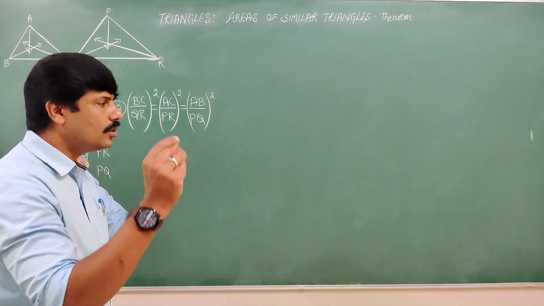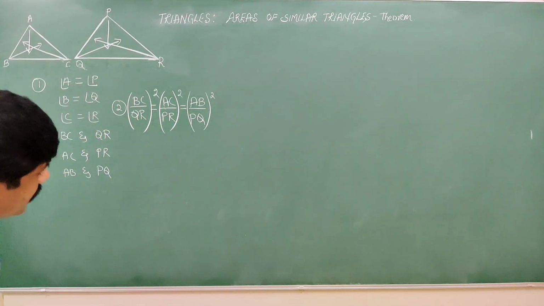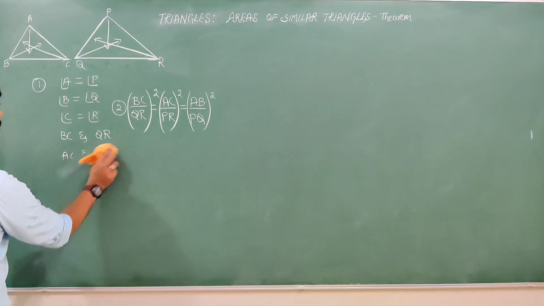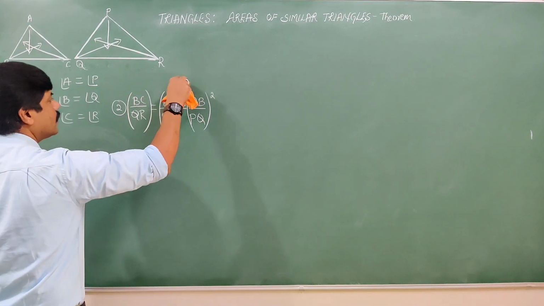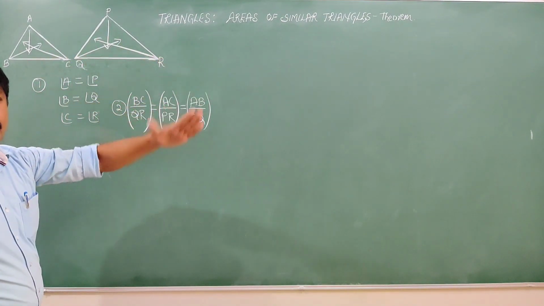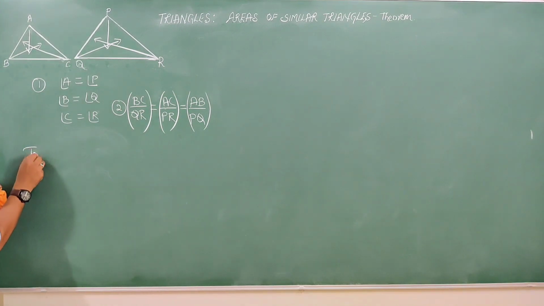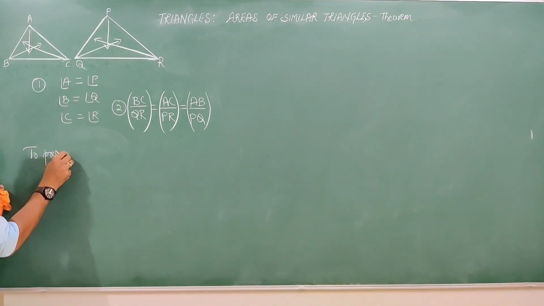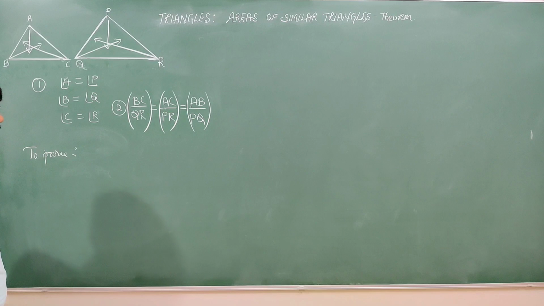That I am going to write as a proof now. This is what we have to prove. Two conditions, you know, two conditions. These are the two conditions for similar triangles. Now what we need to prove is